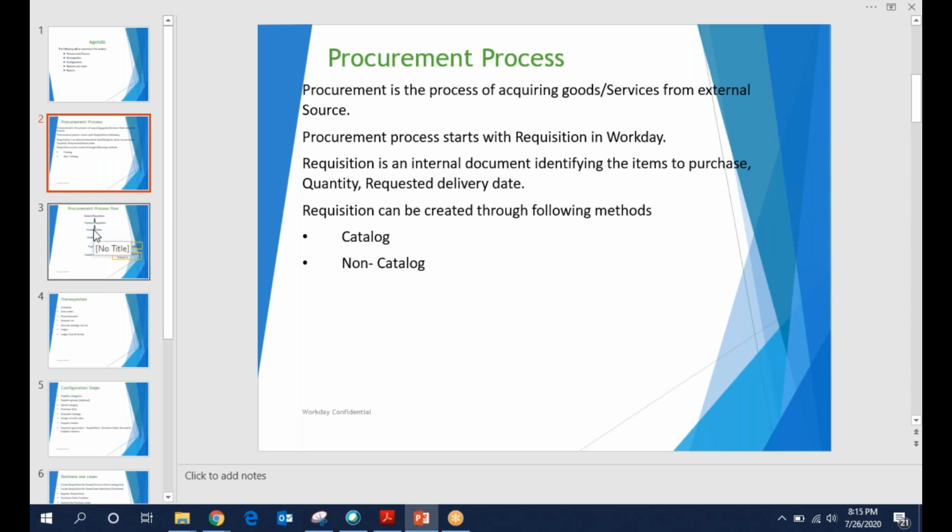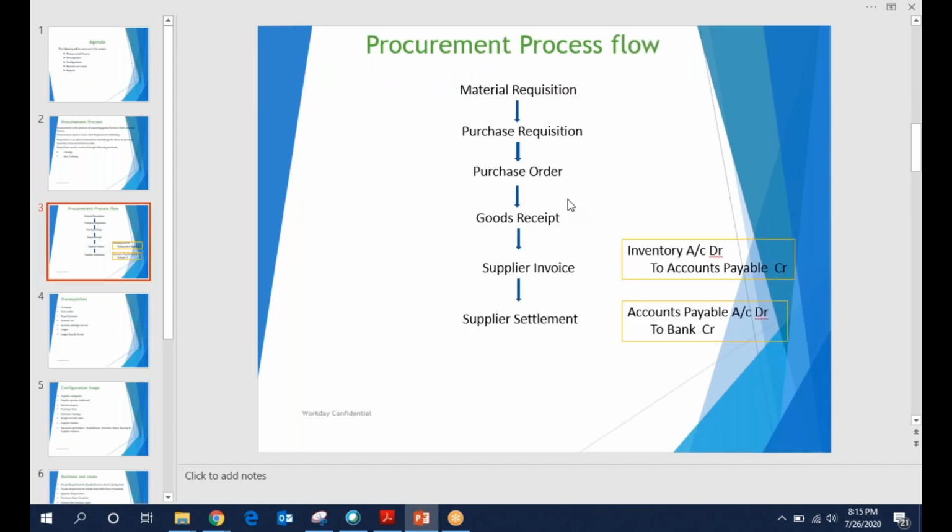Moving on to the next slide, we can see the high-level workflow: material requisition, purchase requisition, purchase order, goods receipt, supplier invoice, and supplier settlement. The material requisition is mainly sent by the manufacturing department to the stores department, because the manufacturing department receives raw material from the stores only.